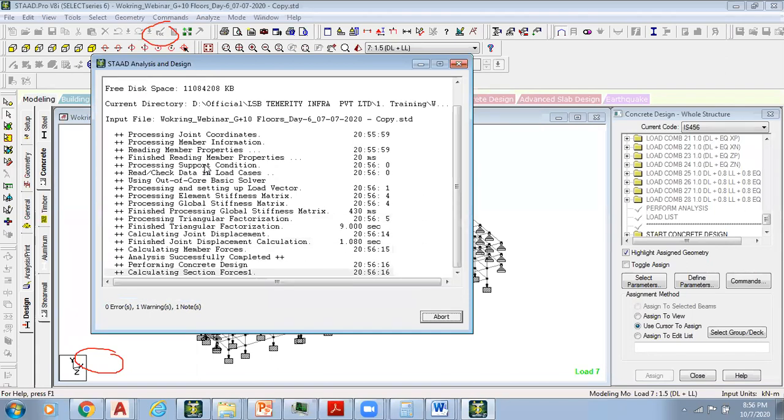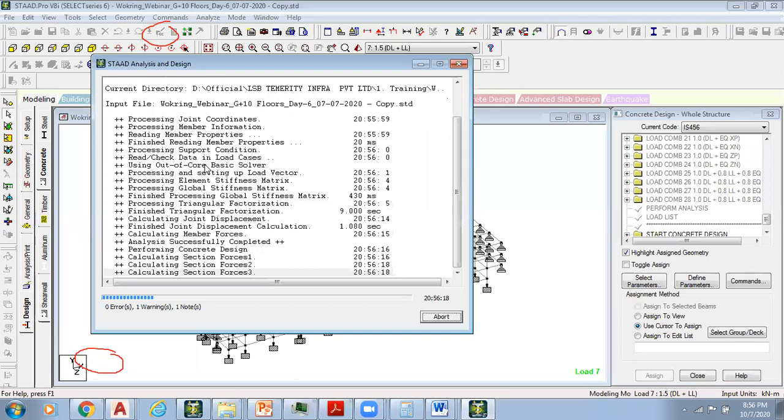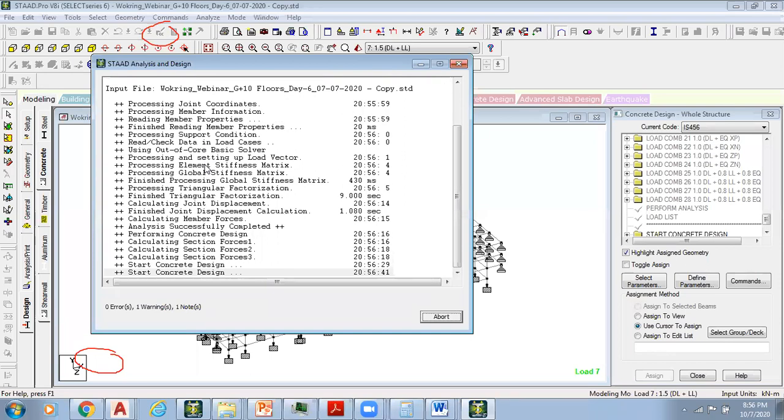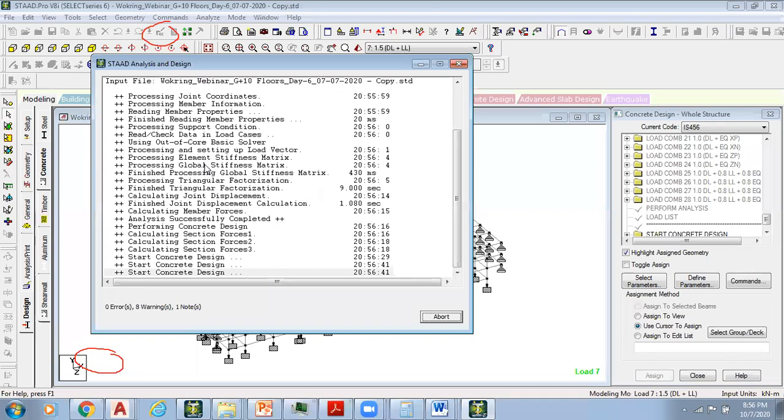Earlier we had 626 warnings, and let's see now. Let's start to run the analysis.